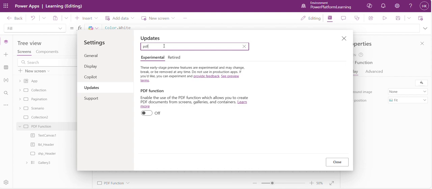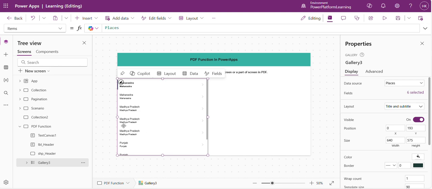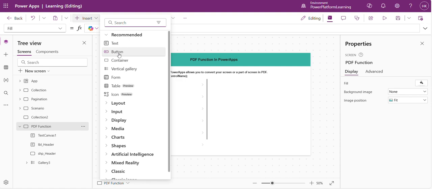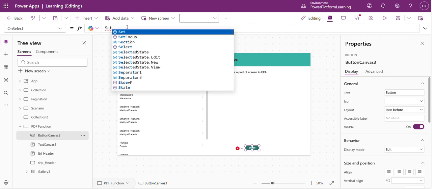So I'll go here and search for PDF function. Here I enable this. Now click on close. Let's suppose I want to convert this into my PDF. For this, I will add one button control on my screen, and on this button control, on the OnSelect property, I will give the formula Set